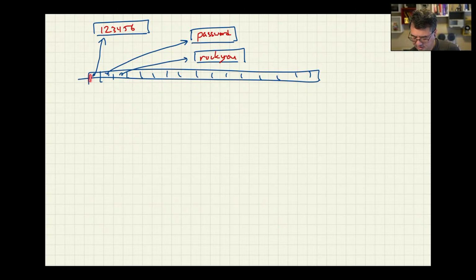Now each line in the file has its own separate string. And then we could insert characters into this. We could delete characters out of this. But the ordering of the strings doesn't change.